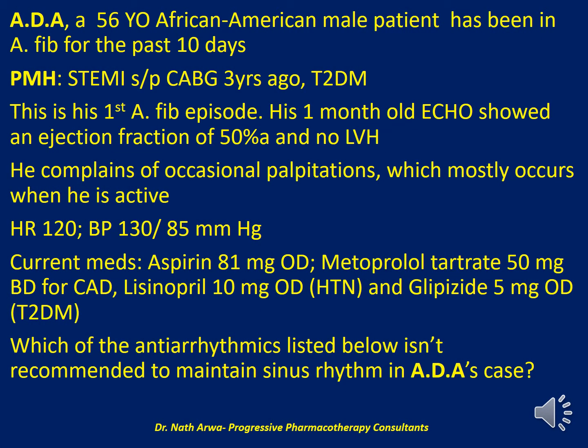ADA, a 56-year-old African American male, presents to the clinic. He has been having atrial fibrillation for the past 10 days, and he has a past medical history of STEMI. He's undergone CABG, and that was 3 years ago to be precise. He suffers from type 2 diabetes mellitus, and he tells you this is his first episode of atrial